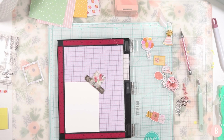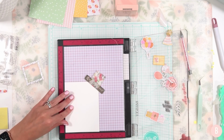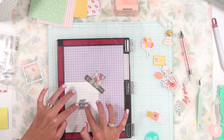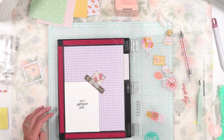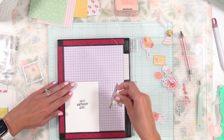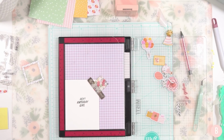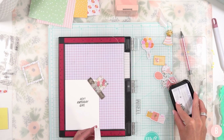Okay. And close. I'm just going to lightly tap. And I'm going to redo that one more time just to get a little bit more of a bold and even impression. But other than that, that looks